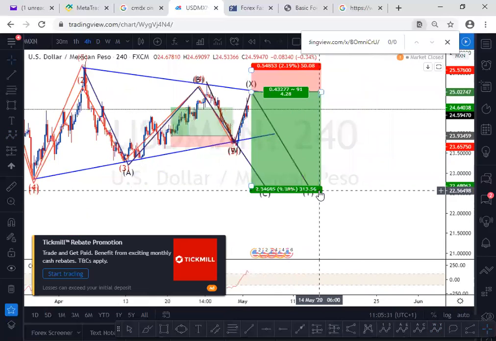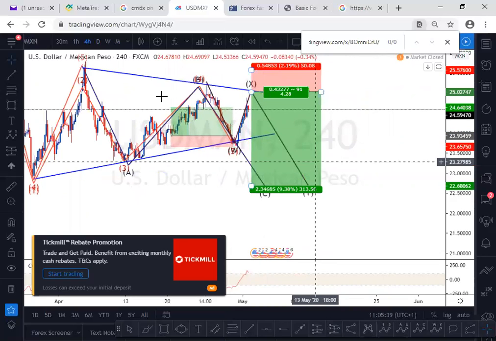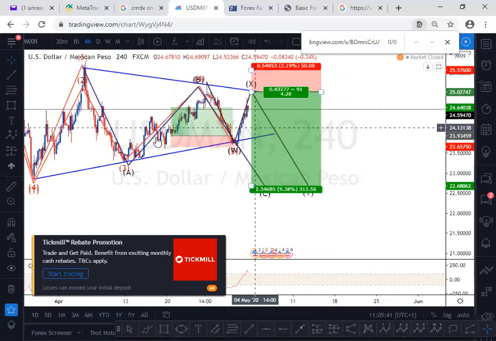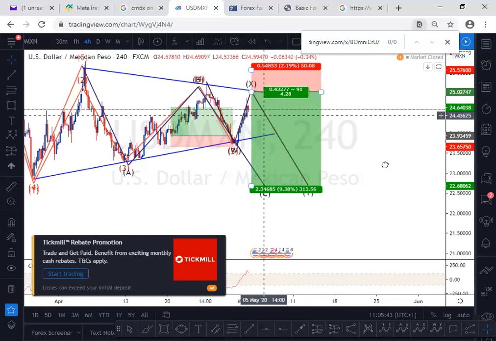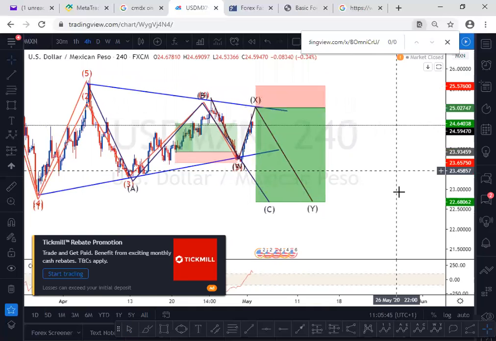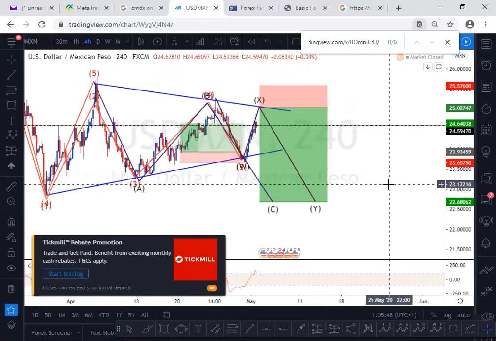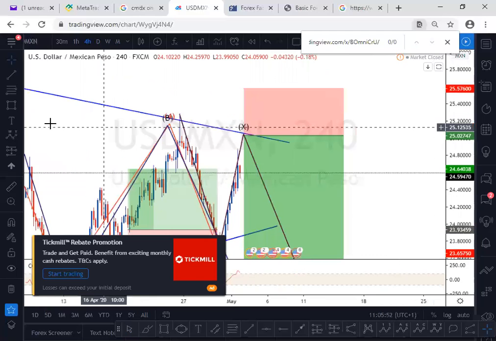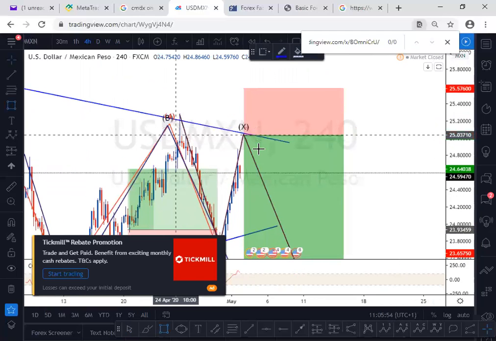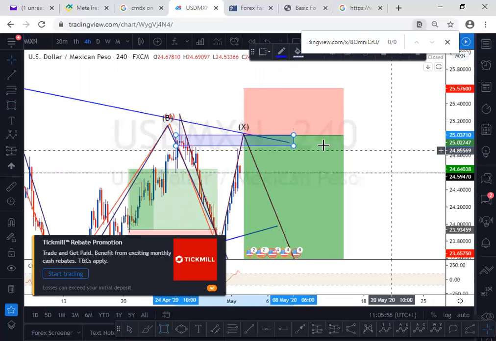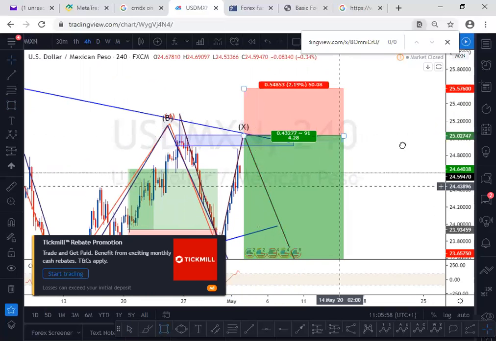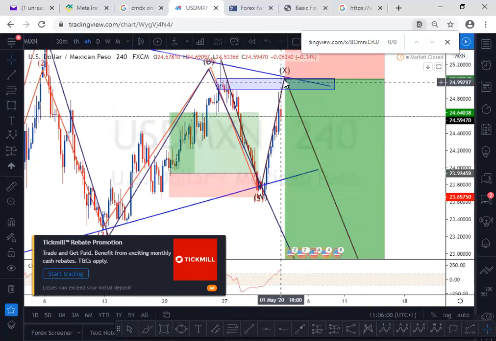I don't know what I'm saying, it's not going to make a lot of sense to some people, but it might to some. So we expect WXY into this area, and it's ABC to the upside, so a correction to the downside. But when and how will we enter this trade? What we want to be seeing first is a reversal inside of this area here. When price bounces off this area, we could see a reversal inside of this area.